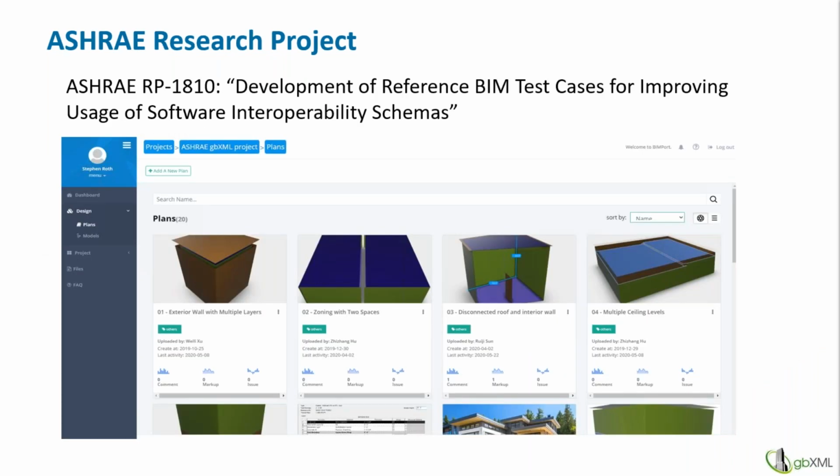So let me talk about one of the research projects that is occurring. It's being conducted by a vendor for ASHRAE, the American Society of Heating, Refrigeration, Air Conditioning Engineers, and the name of this research project is Development of Reference BIM Test Cases for Improving Usage of Software Interoperability Schemas. It's quite a mouthful. However, the overall objective of this research project is to develop 20 or more geometric test